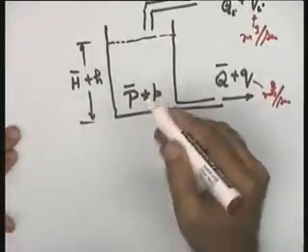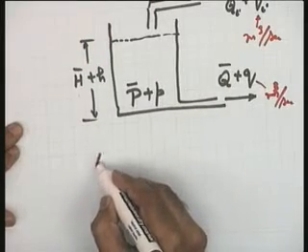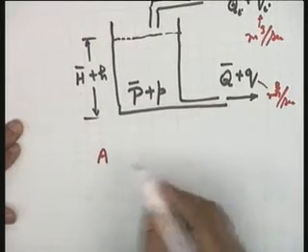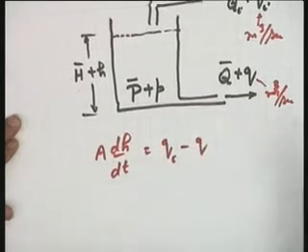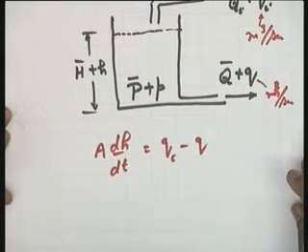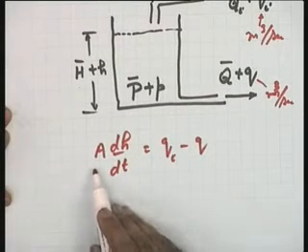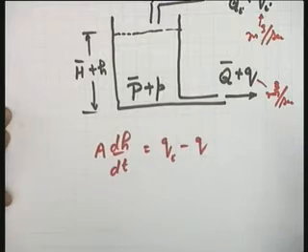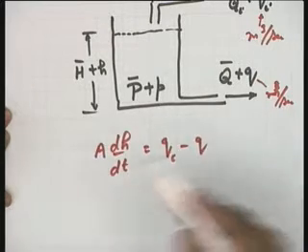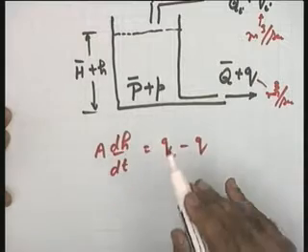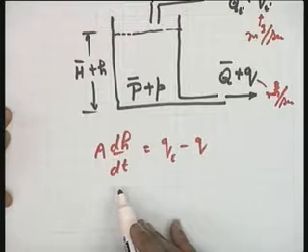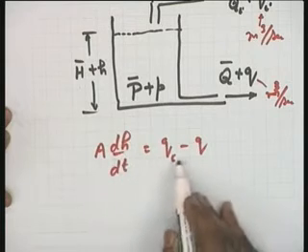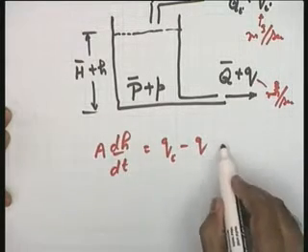It is the rate of change of volume leaving the tank. So the volume balance will be the rate of change of volume within the tank, I think is obvious, will be given as A, the cross sectional area in meter square, dH by dt equal to Qi minus Q. See that this becomes my basic mathematical equation for the system. The cross sectional area is A, which is not changing because of the perturbation. A is a constant, that is why it has been taken outside the derivative. H is changing, and therefore the rate of change of volume within the tank in meter cube per second is given by A dH by dt. This is equal to Qi minus Q. So this is the basic equation.